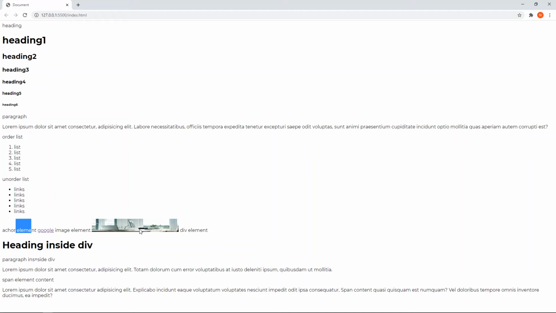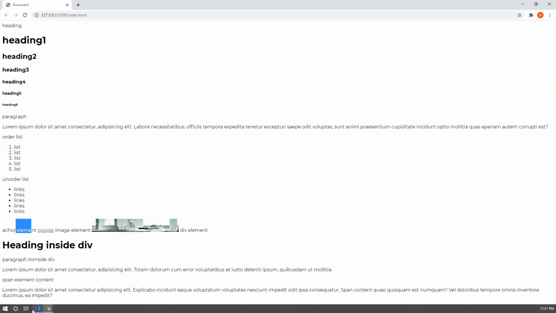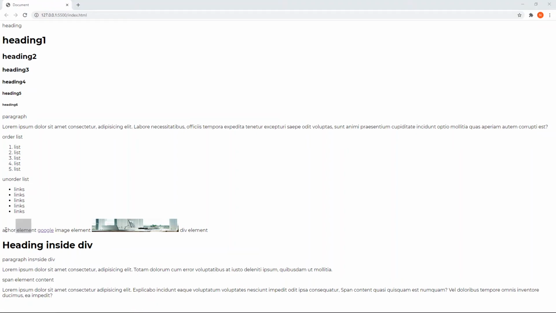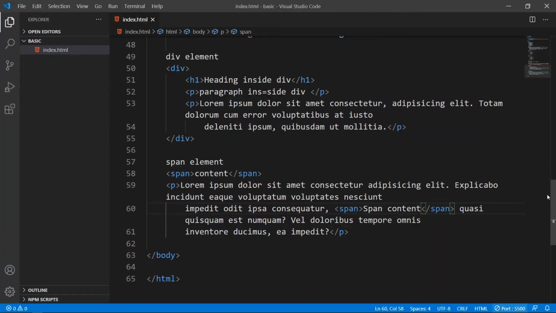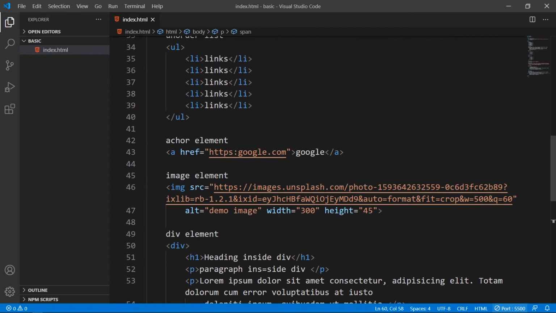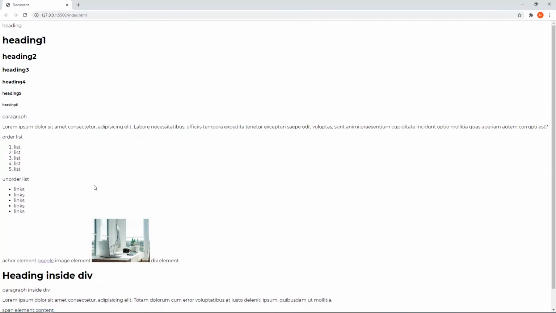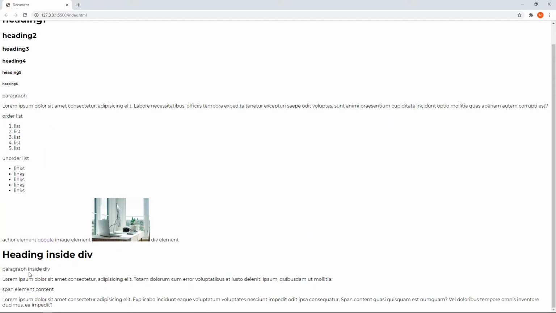So there is a problem with the image width and height. Let me go to my code and change that particular piece. Let me remove the height from 300. Let me see, it's like 200 and the height is like 150 pixels. And here you can see that my image element came here, and my div element containing my header, paragraph, and